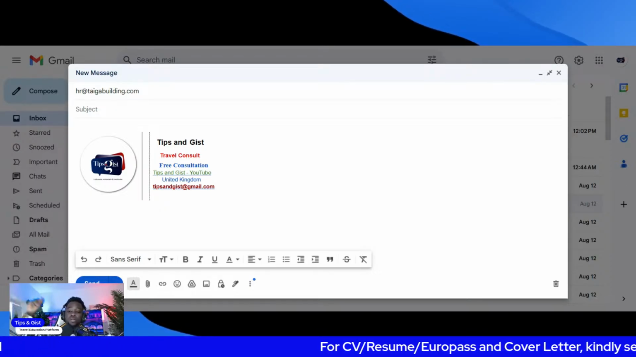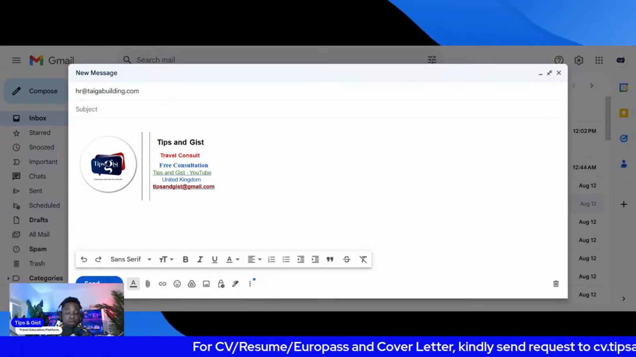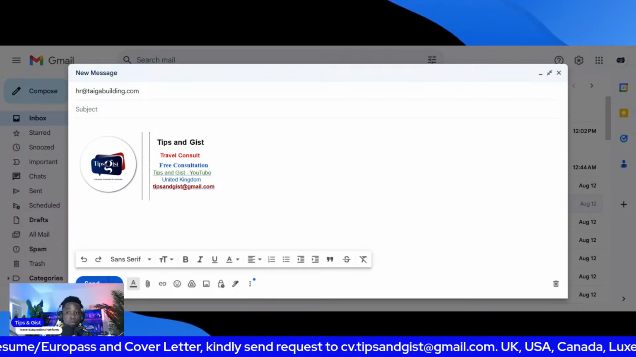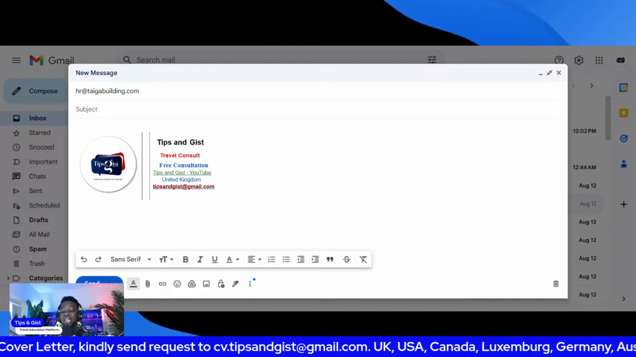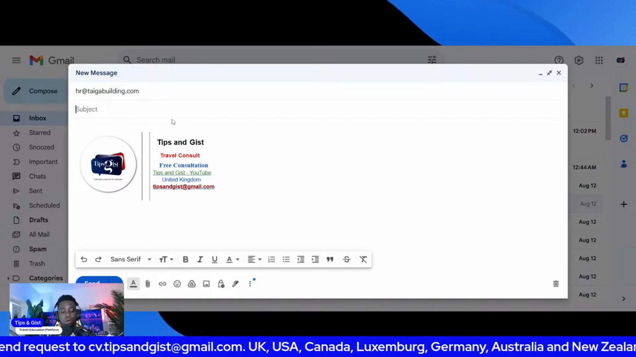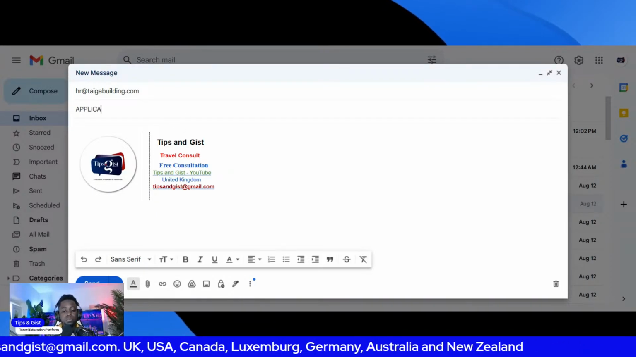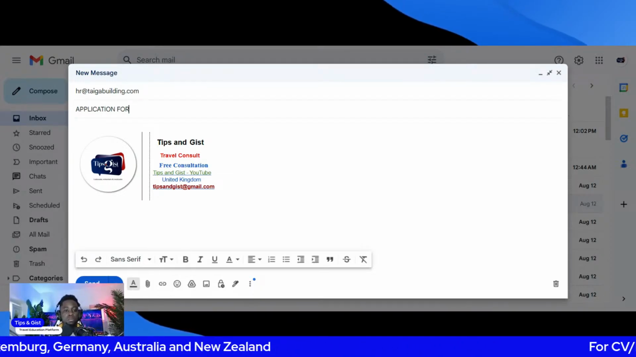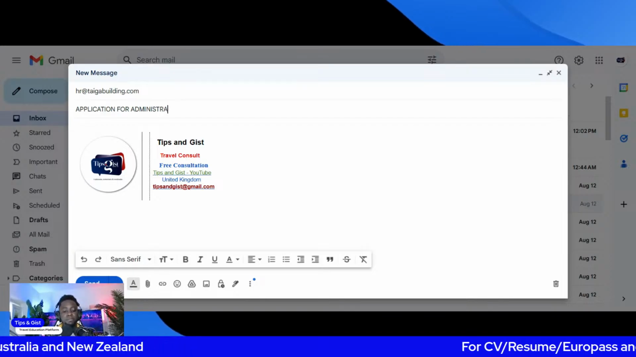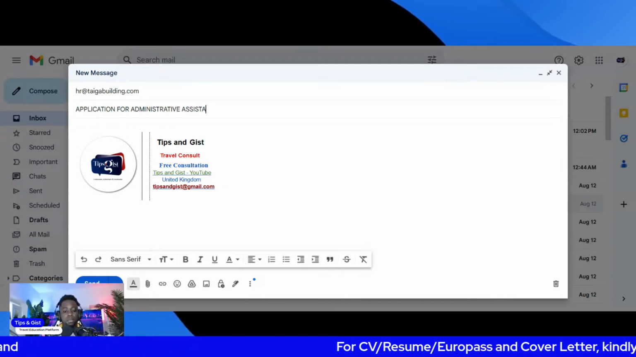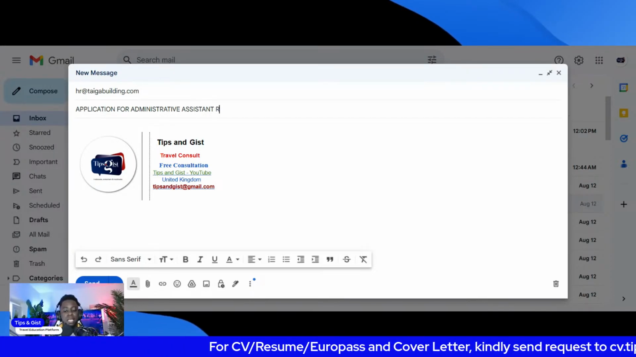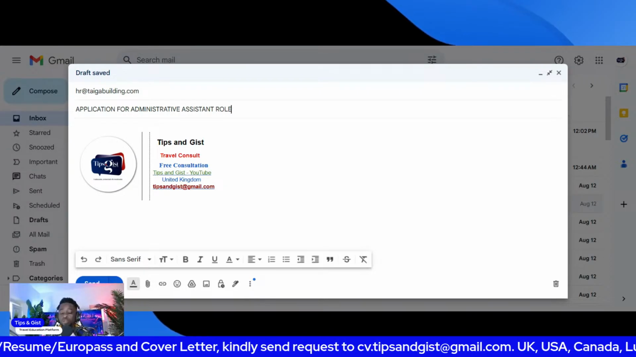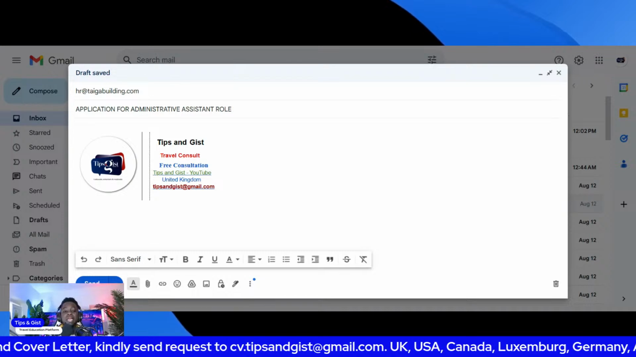I know what the email is about. So the subject is about whatever you are writing. Let's say the job was an administrative assistant role. At the subject, you're going to type something we call what? Application for administrative assistant role. With this, the employer will know that you want to submit your application and the role is administrative assistant,